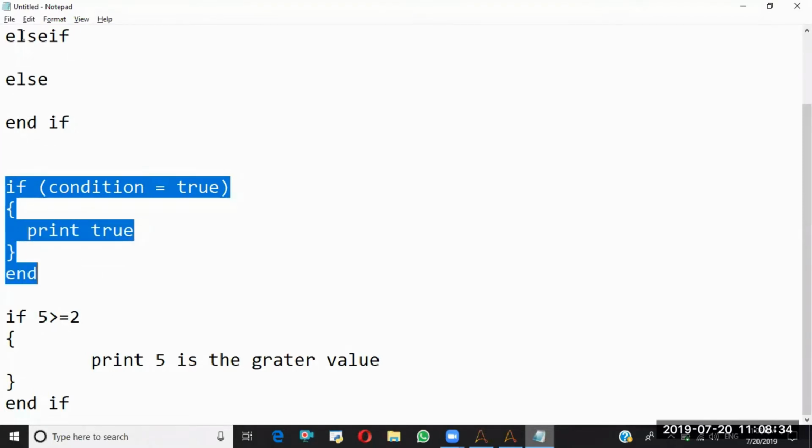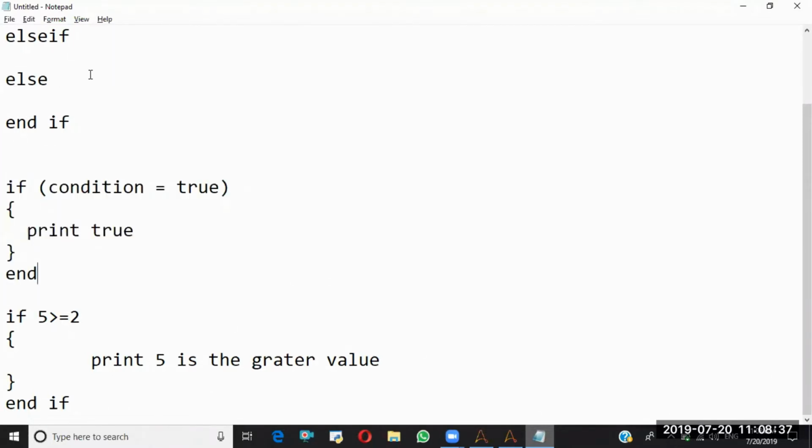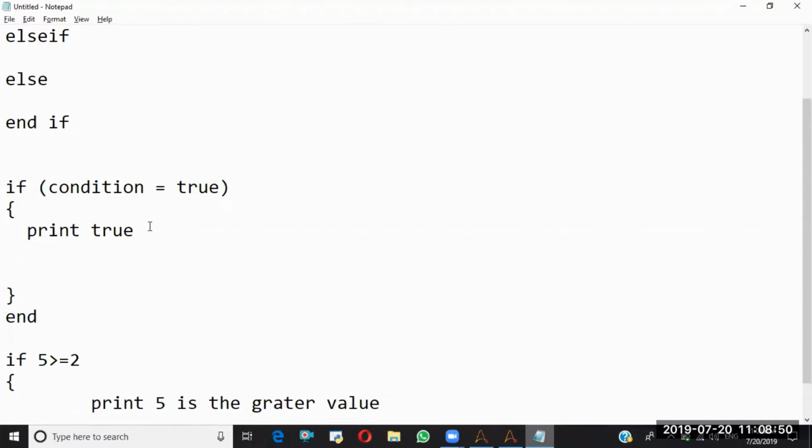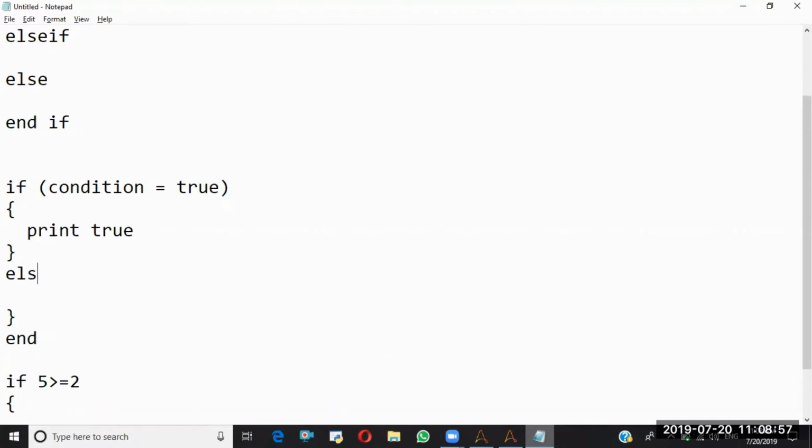In this, else if and else are the optional controls. For suppose here we are handling the true condition. What can we do for the false condition? If you want to give the false condition, under this itself you can say else, print false.